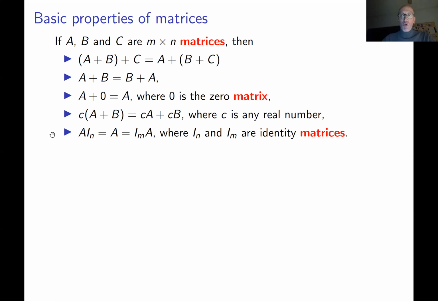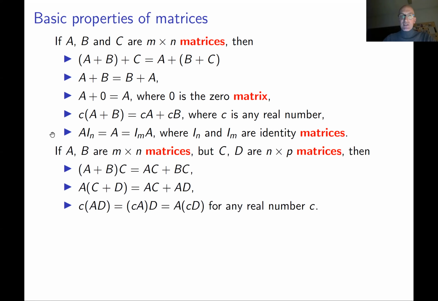Let's list a few more properties. Let's see how addition and multiplication can be combined together. This has to be done accurately, because when you multiply matrices, the sizes have to match. So, to be precise, let's fix two m times n matrices, A and B. In this case, we can add them. And let's fix n times p matrices, C and D. In this case, we can add them, but also we can multiply A times C, A times D, B times C, B times D. Okay, then we have a few very clear properties.